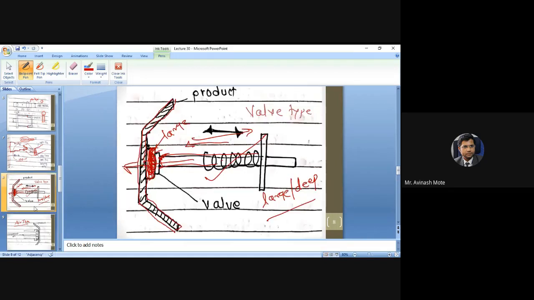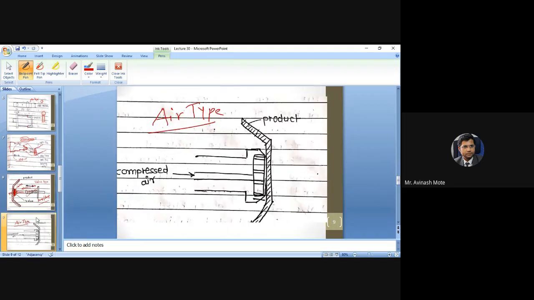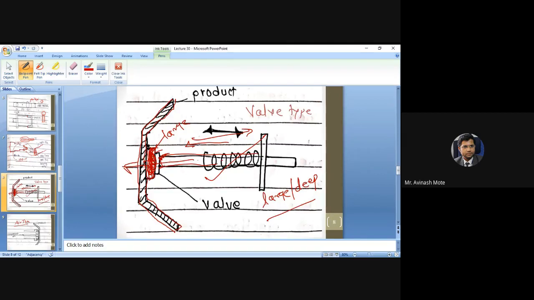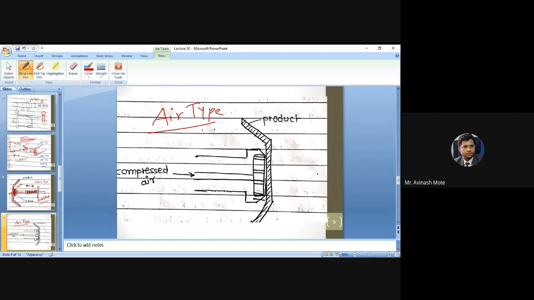Same as wall type ejection system, for large and deep components. Only thing is that here, I'll remove this one. Here you used a spring mechanism to push and to pull back, and here what you are using is an ear mechanism,